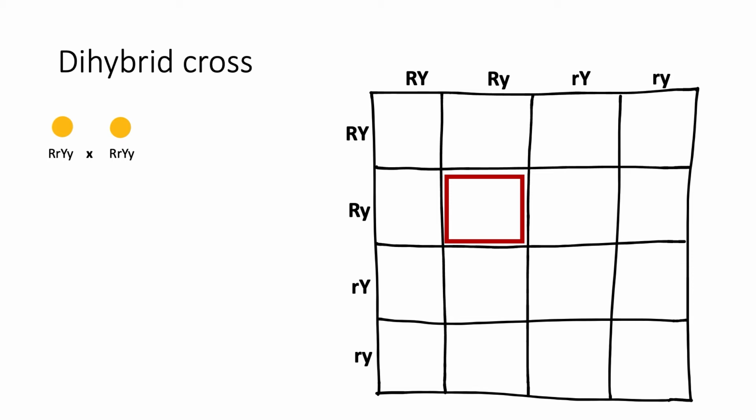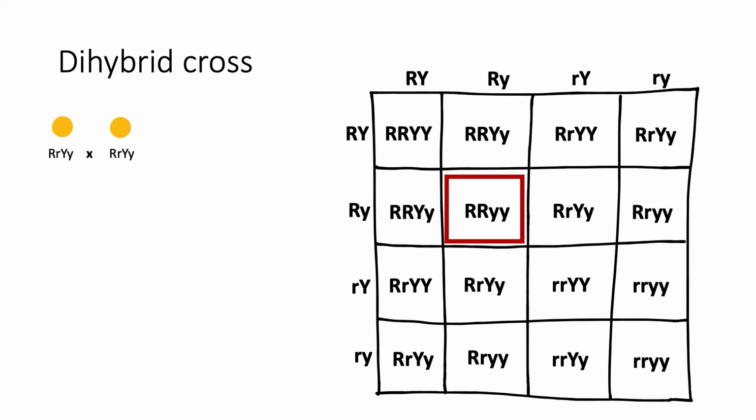All right, so the correct answer to this question is uppercase R, lowercase y, because if we check the parent alleles, or rather combination for that spot, we see that they are both uppercase R, lowercase y. So the only possible resulting combination is uppercase R, lowercase y. Now, the rest of the table, I've also filled that in.